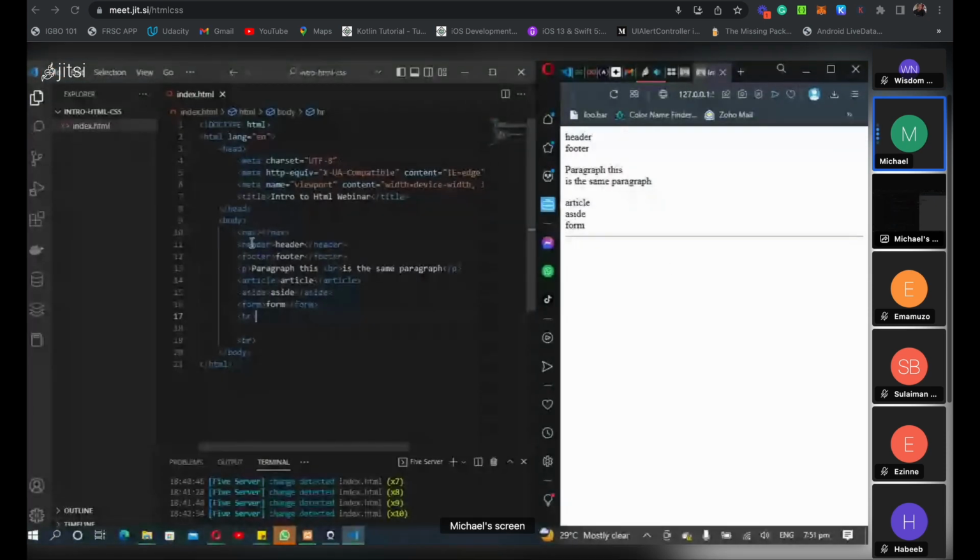Now, I don't know if you all understand these tags here. You don't even need to memorize them. Just know that they exist and know when to use them. Like I said, they don't usually have any special meaning, but as the name implies, common sense will tell you what each thing does. You don't have to get confused about this head and this header. They are two different things. The head section is the head of the document, where you tell the browser information about the document. For example, when I want to request an icon,